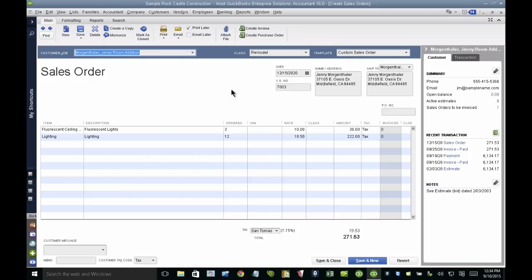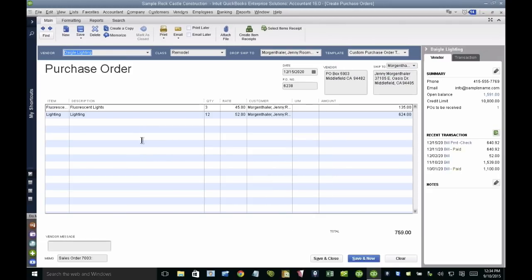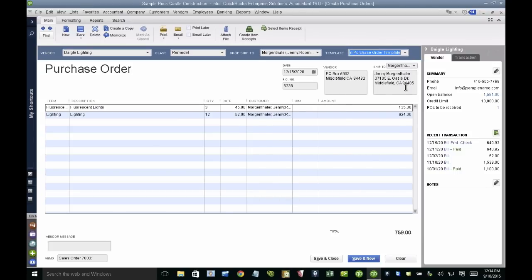Okay, so when I have the sales order here set up, I'm going to click on Create Purchase Order, and then right here it says Drop Ship to Customer. So that's new. That's new for 2016. When I click on Drop Ship to Customer and hit OK, basically the purchase order gets created, nothing new, but automatically the customer gets chosen in the dropship screen, and automatically, naturally, the ship to address shows up